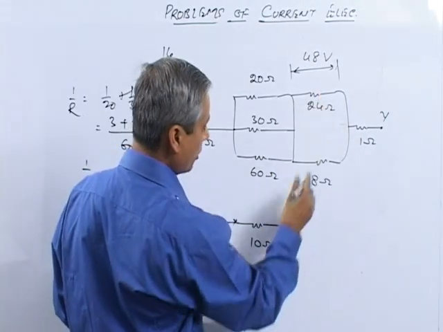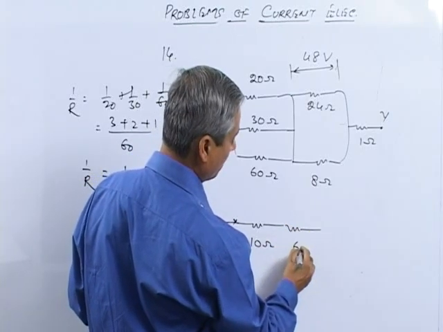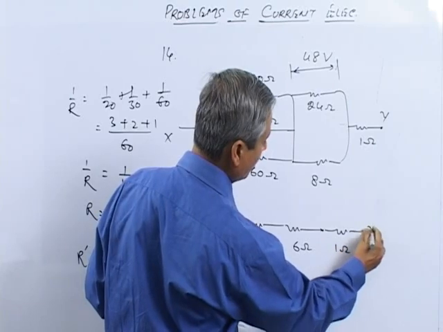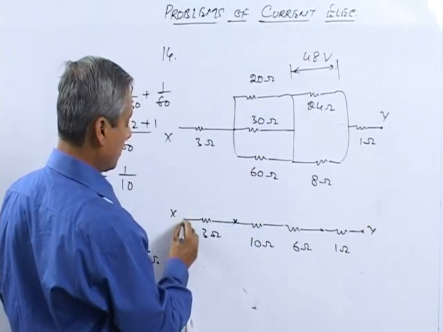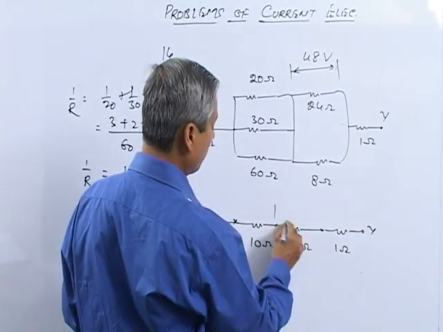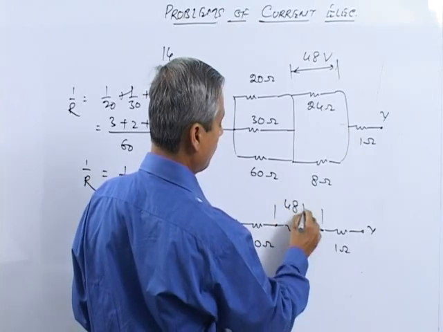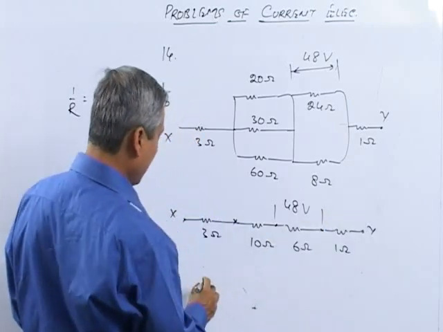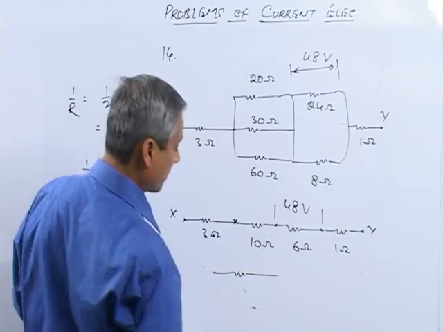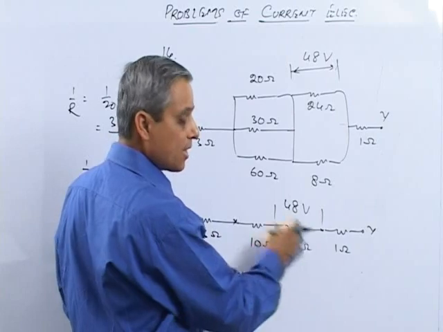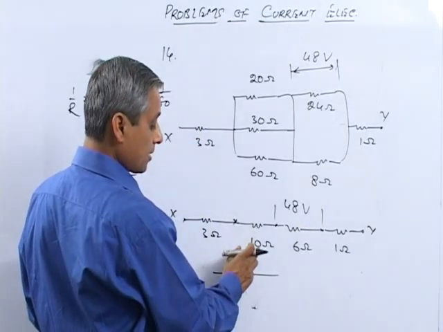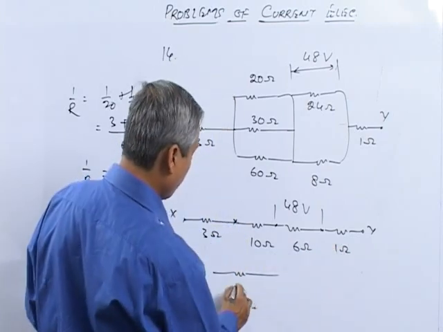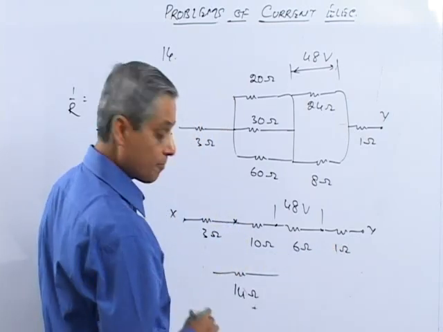So the parallel combination of 24 and 8 will become 6 ohms, and then we have 1 ohm to reach Y, and this is X. Now across the 6 ohm we are given 48 volts. This entire circuit can be rearranged like this. Except this 6 ohm, the rest are 10 plus 3, 13 plus 1, 14 ohms in series, and then